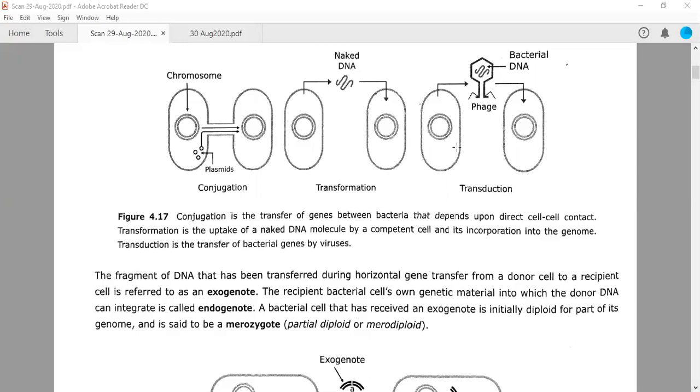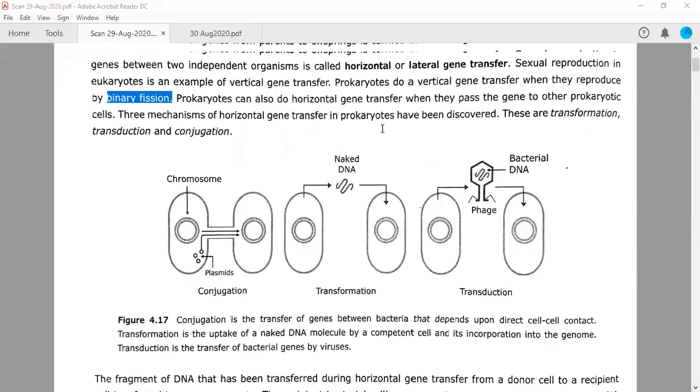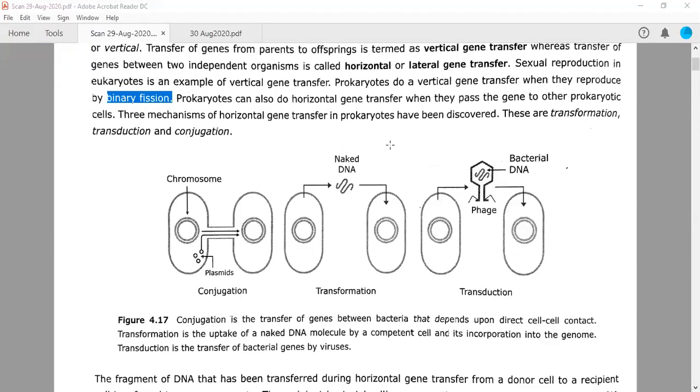So you are confused by these 2 terms, horizontal and vertical, right? Yes, sir. Okay, no, we cannot consider them vertical gene transfer because they are common types of horizontal gene transfers only. Generally, vertical gene transfer is the transfer of a whole copy of genes from parents to offspring.